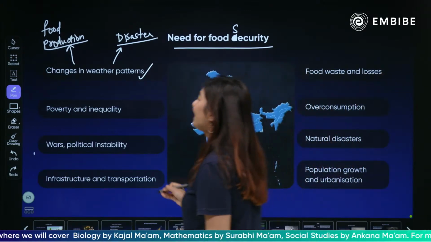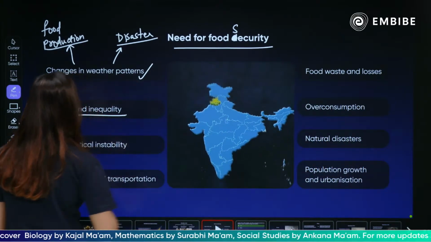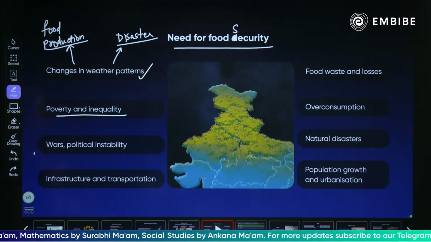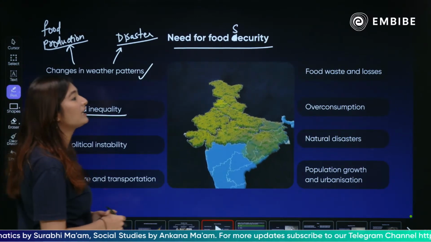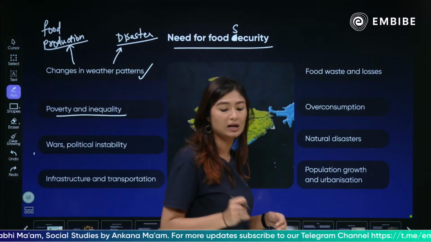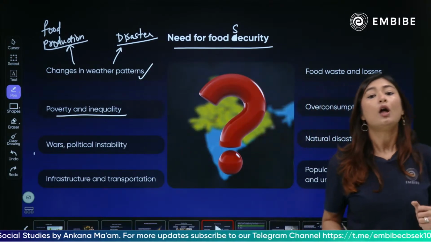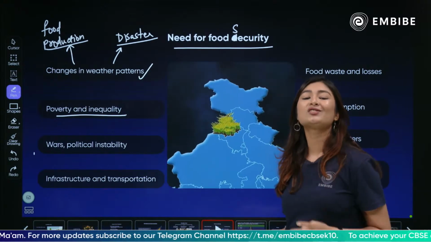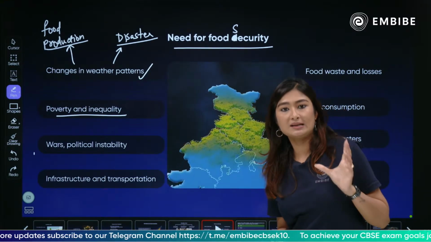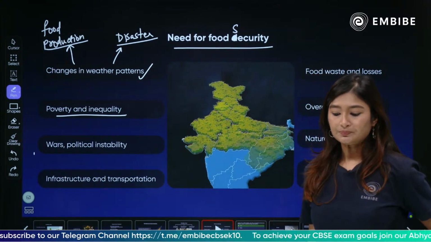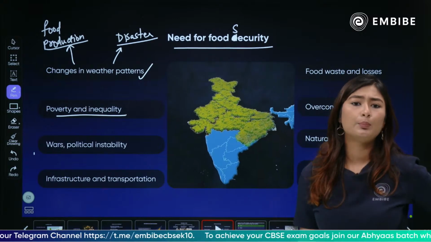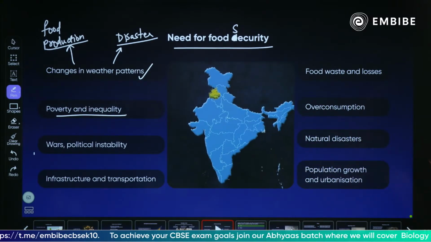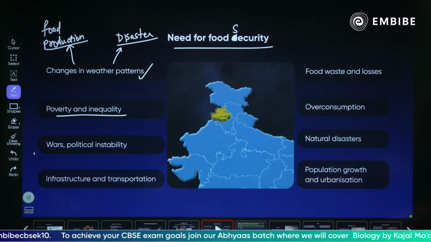Second, poverty and inequality. We know a lot of people are suffering with poverty. When we were reading poverty as a challenge, guys, what did you read? What % of population of India is below the poverty line? वो कौन से लोग हैं जो दो वक्त का खाना भी मैनेज नहीं कर पाते हैं इंडिया में? What is the percentage? Do you remember? Percentage of people below the poverty line in India. Who will tell me? It's very important to remember for the second point.